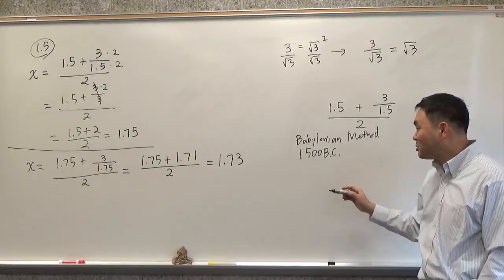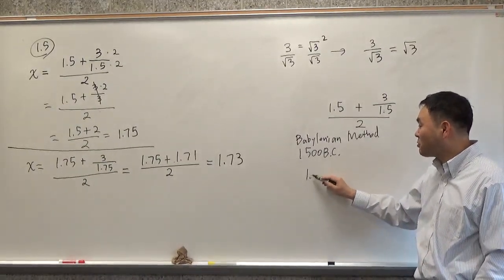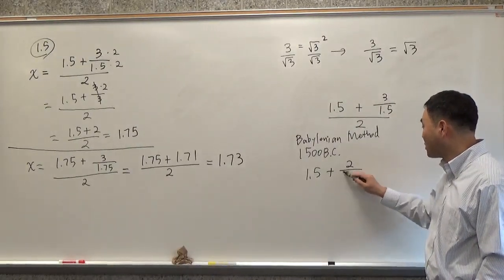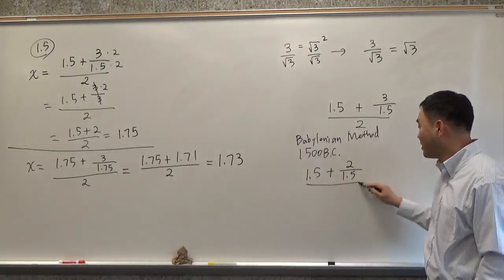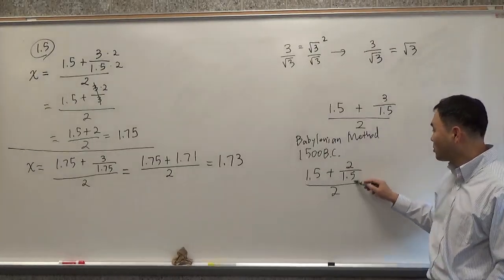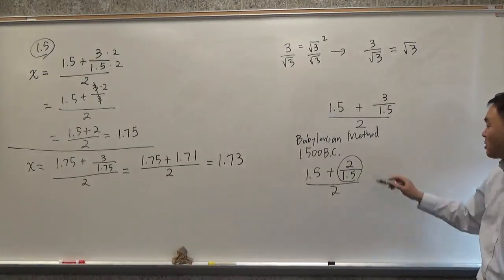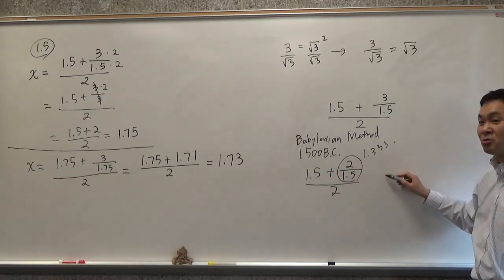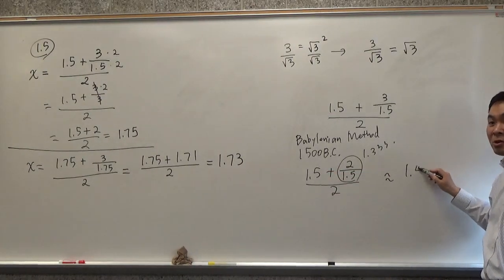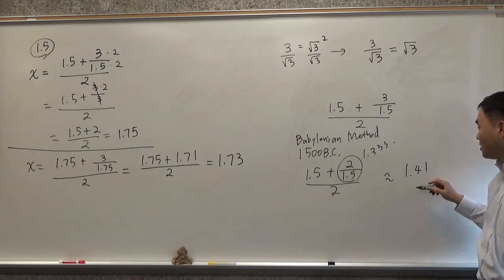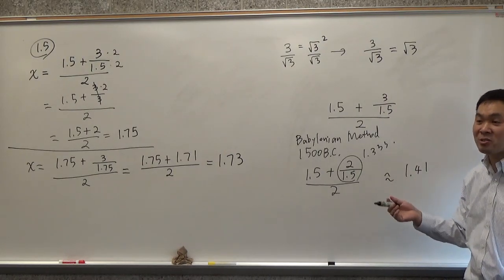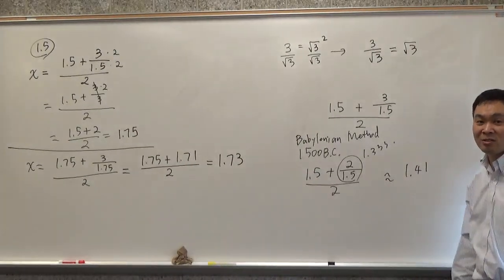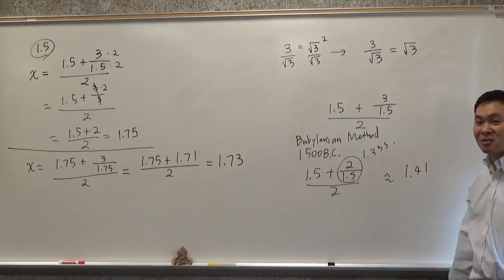The way they would do it was to start with 1.5 as the square root of 2, and you do 2 divided by 1.5, and you divide by 2. Well, this is 4 over 3, which is like 1.333. And if you take the average of these two, you already get something like 1.41. And if you do this a few more times, maybe 3 or 4 more times, then you get 6-digit accuracy. So that's a very interesting history of